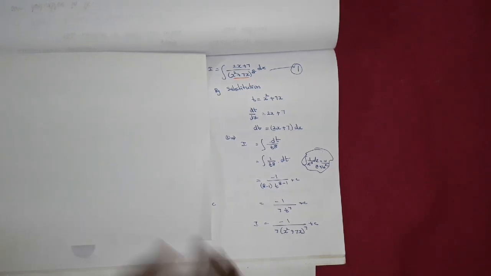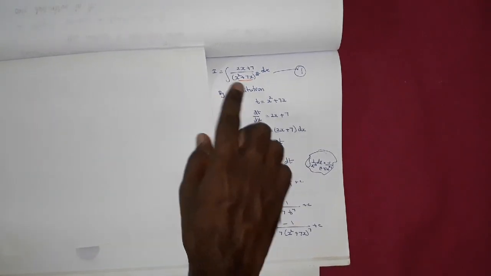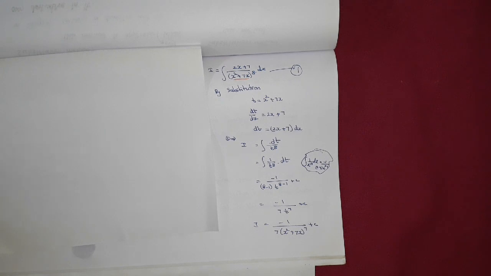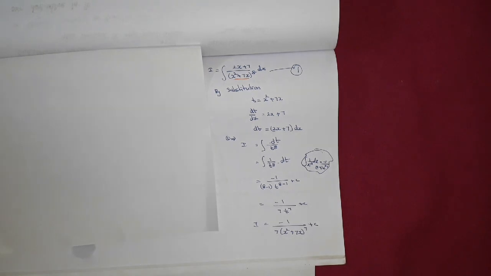One, directly you can see the denominator as your function, because in the whole integral you do not have any composite function. What do you mean by composite? A function of function. So like that here nothing is there. So directly most probably the denominator will be your function, so I have taken that as t. But in this sum you can see we have a composite function, and within that composite function we have a function x square plus 7x. When you differentiate you get the numerator. So this type of sums you have to do like this. So one is the normal one, the another one is choosing the function from the composite function.